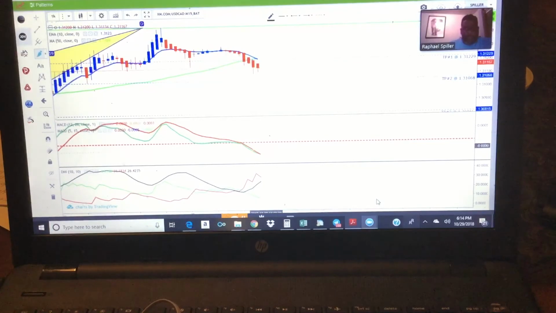My pen tool here. Notice where the MACD crossed right here. You see that? And the ADX, you have the red above, right? Green below. Now, to put this line on here, it's been a little bit, what you have to see